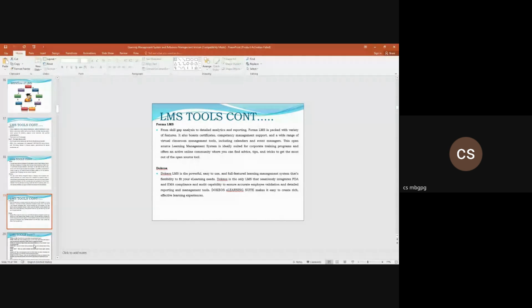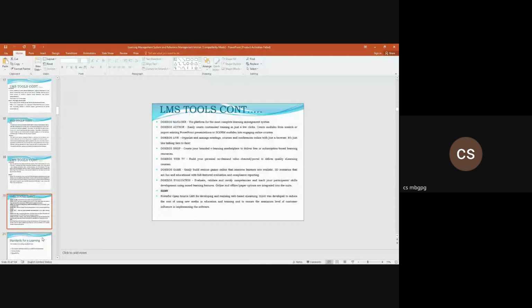Next is Dokeos. This is a powerful, easy to use, and full-featured learning management system for your e-learning needs. It is the only LMS that integrates FDA and EMA compliances. So different types of tools are used according to the audience. There are other tools such as Document Manager, Author, and the platform for the most complete learning management systems. These are different tools,